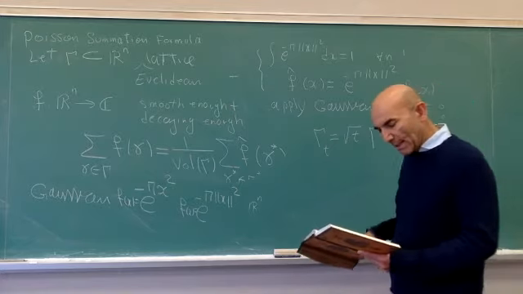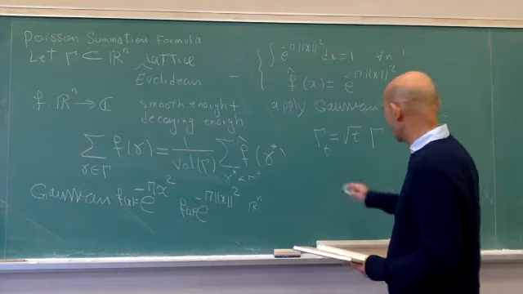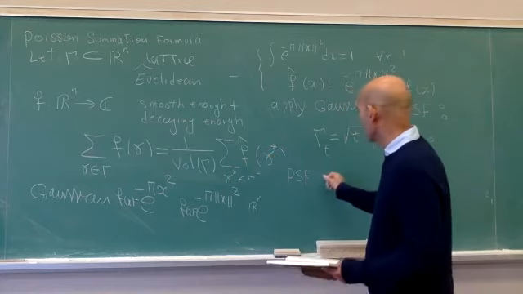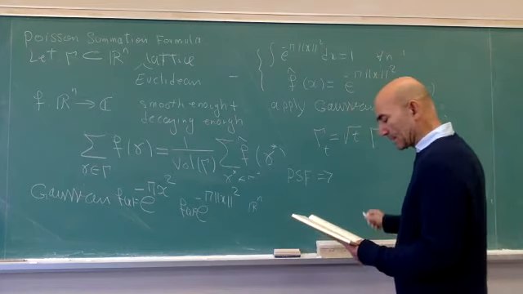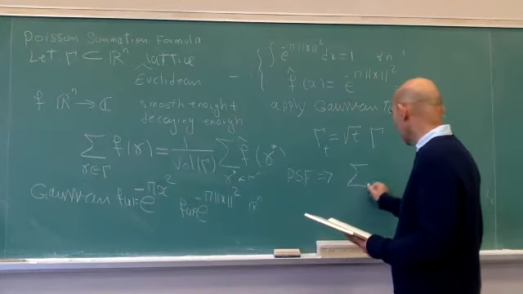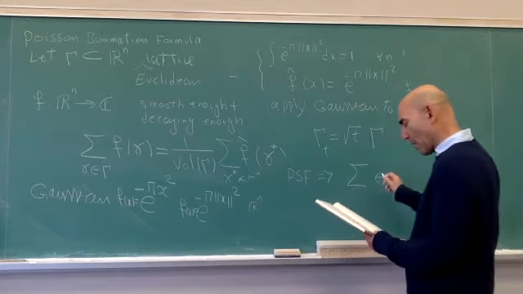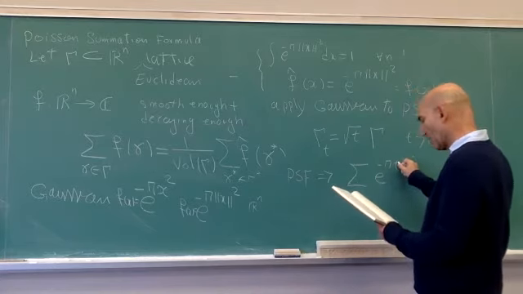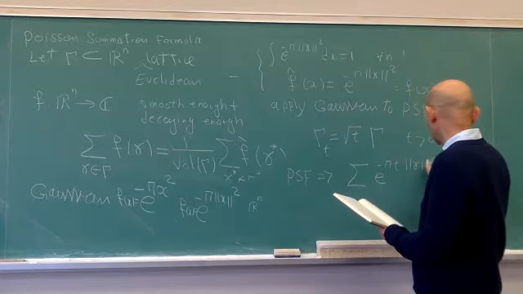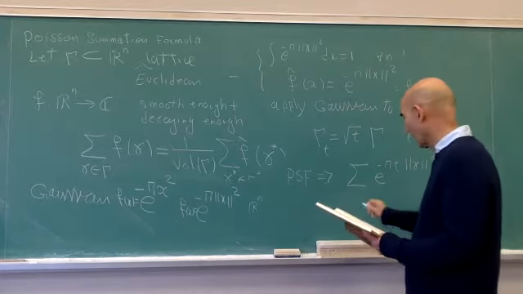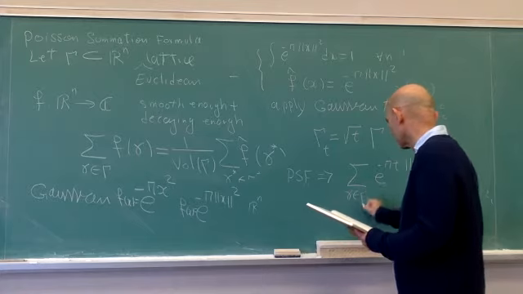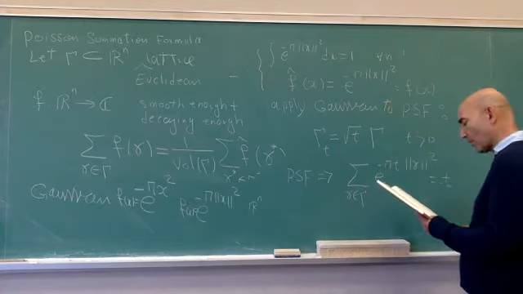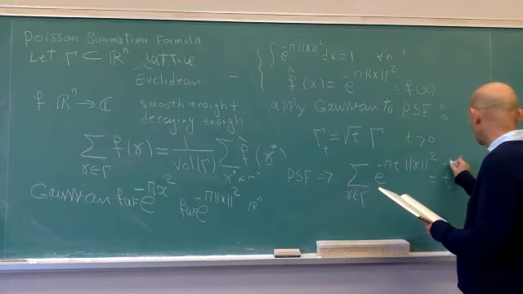And then the Poisson summation formula tells us that the sum of exponential of minus pi t norm of gamma squared, gamma belonging to gamma, is equal to t to the power minus n over 2